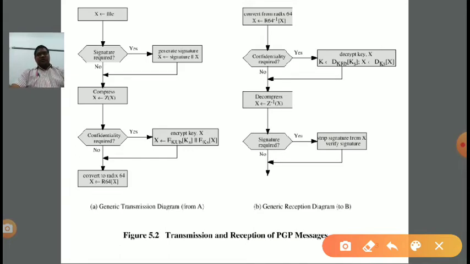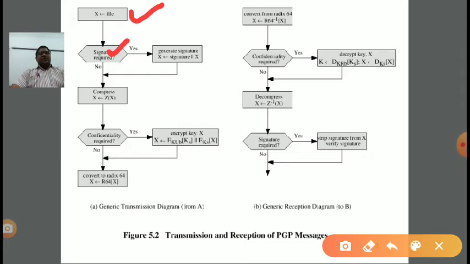So suppose in this particular flowchart, initially we are having a file. Suppose X is our file. Now if we want to send a document which should be digitally signed, then we need to apply first the digital signature on this particular plain file. Means before applying any encryption, any email compatibility, first on the original file, if the digital signature is required or not.